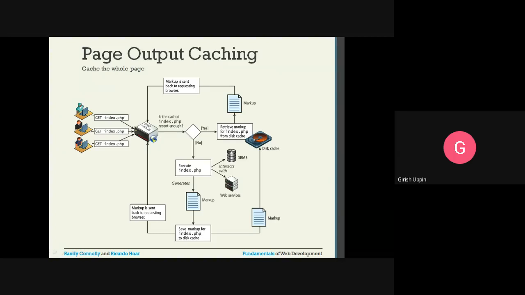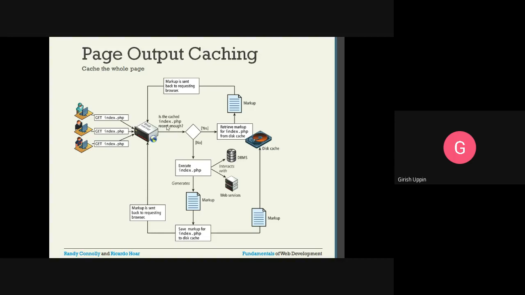Now on the server, we have to check: is the cached index.php recent enough? Whatever cache we have made for this particular page output, is it recent enough? Because we don't want to take the output of a very old execution. Again, what counts as recent has to be defined for every application.